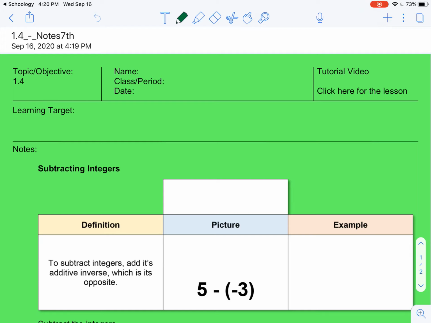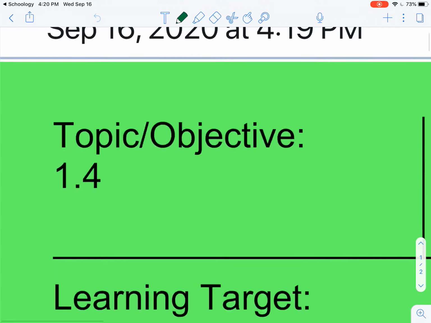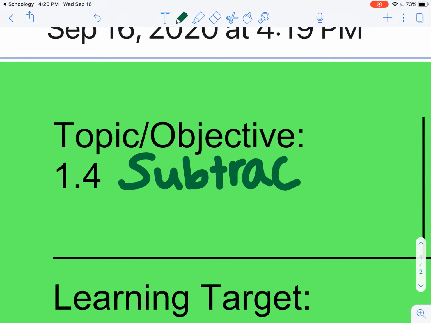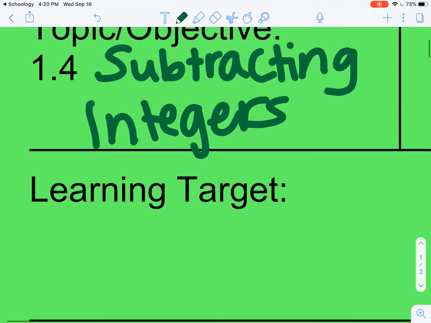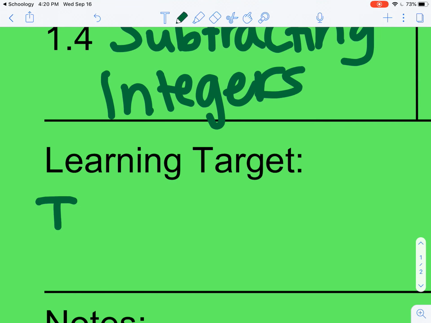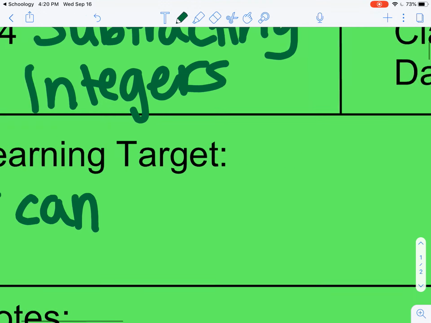Today we are going to be talking about lesson 1.4. Okay, so 1.4 is all about subtracting integers. The last 2 days we've been talking about adding integers. Today we're going to be talking about subtracting integers. Alright, so our learning target is I can subtract